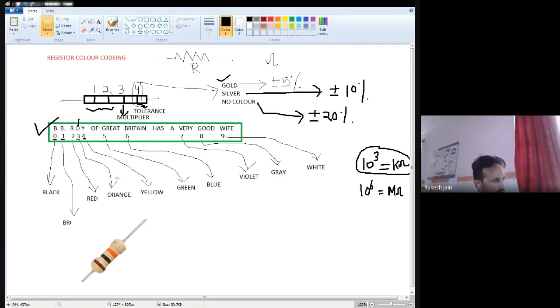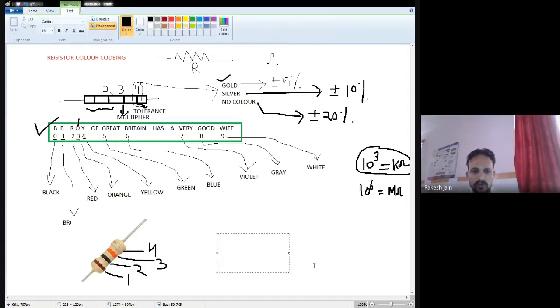Okay, now when you see it carefully, this one is your gold color, so definitely it is your fourth color. So it means this color is first, this color is second, this color is third color. No problem, if you are unable to see the colors on your screen, keep your face near to your screen and you can easily see brown, black, orange, and the fourth color seems to be a gold color. So definitely first, second, third, fourth is there. Now it is very easy to find out the value. Just write down the first two colors directly.